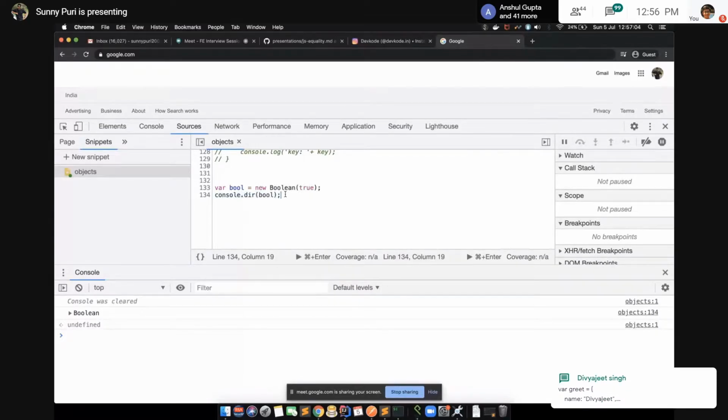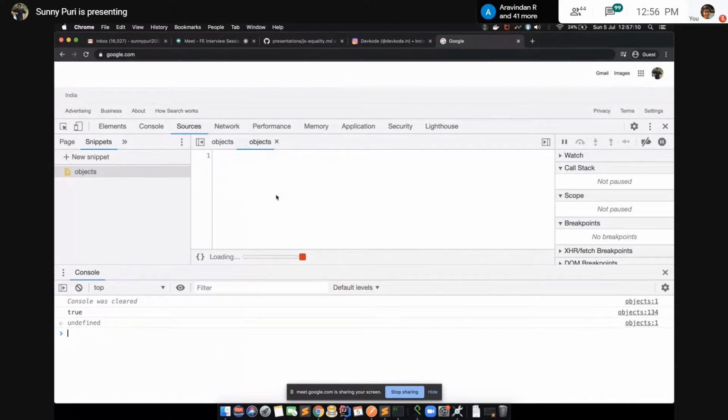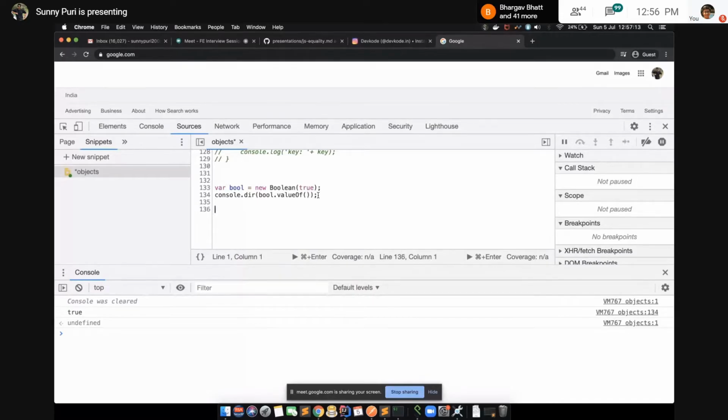How can we get the value from this? Because it's a wrapper object, we can get it using valueOf. Let's do console.log: is bool an instance of